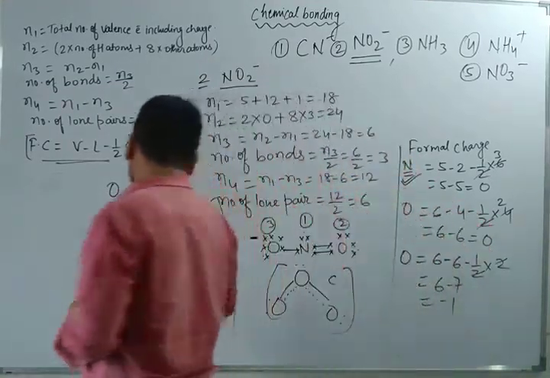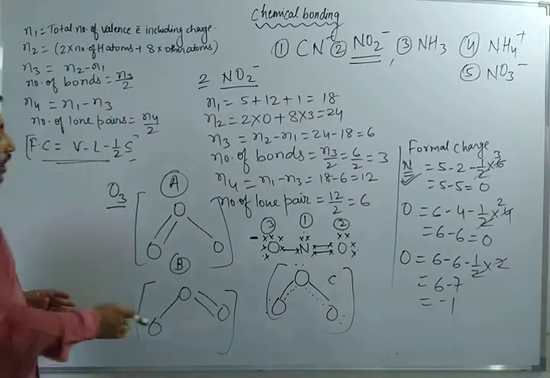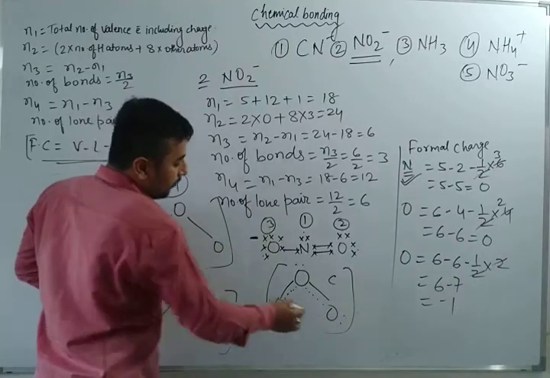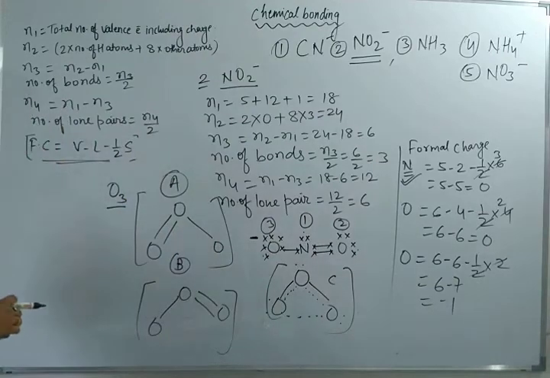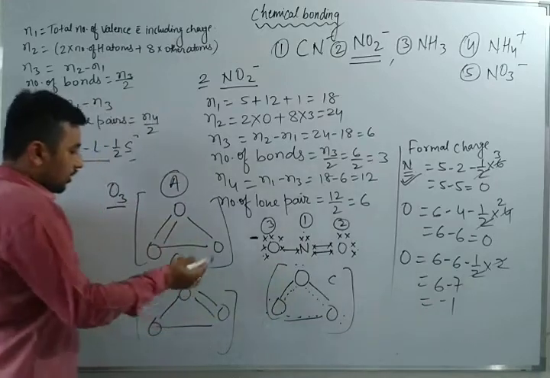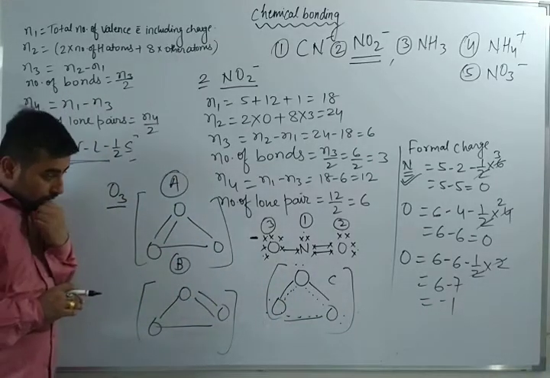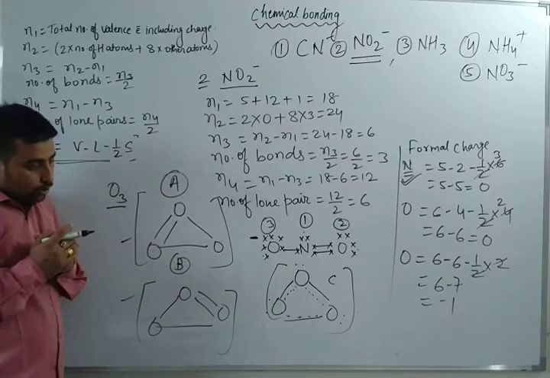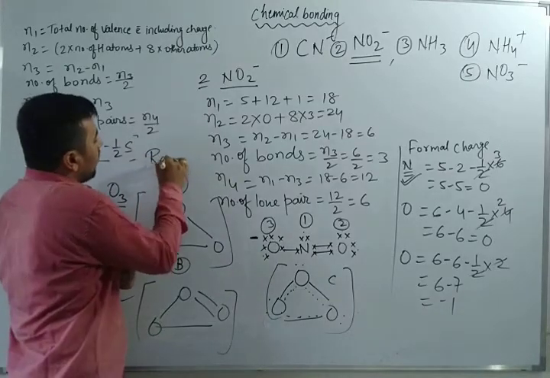So as I have told you, I have drawn the two possible structures. But it can form here also and here also. It can be drawn here also. So now, suppose these are the electron revolving structures of ozone. Now if I talk about A structure, B structure and C structure, this hybrid structure is what is called resonance.